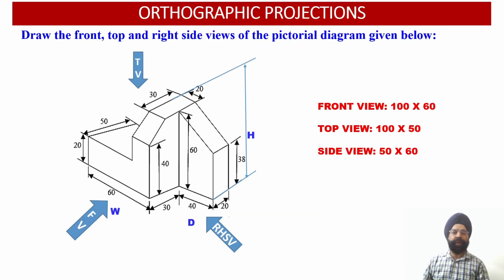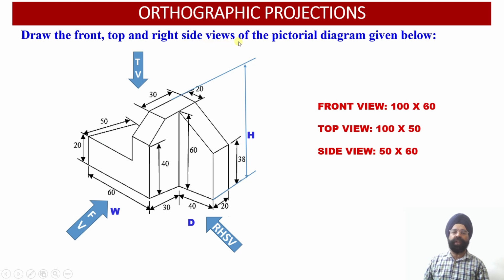Now here we have been provided with the isometric 3D projection of a solid, and in the isometric projection the front face, the top face and the side face have all been combined in a single 3D drawing. Now the objective is that we have to convert this isometric 3D projection of the solid into the orthographic projection. That is, we are required to draw the front view, the top view and the right hand side views